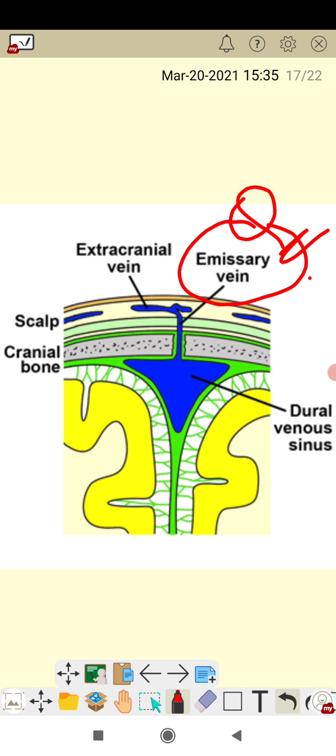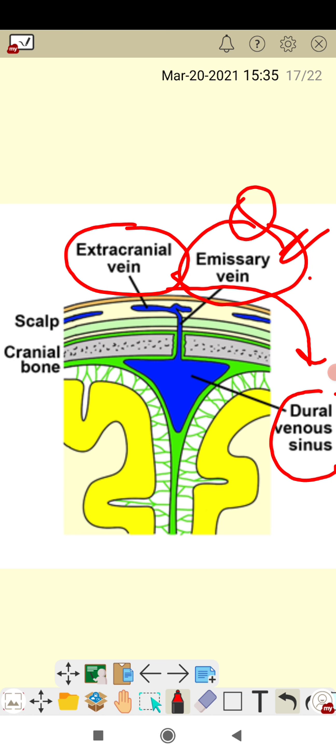Emissary veins are veins which are devoid of walls and communicate between the veins of scalp and intracranial venous sinuses. This is the extracranial vein, this is the dural venous sinus, and the connection between these two is the emissary vein. Therefore, any infection of the scalp,